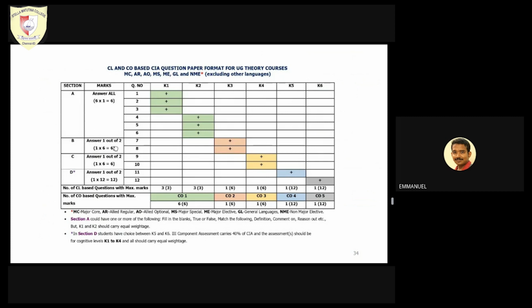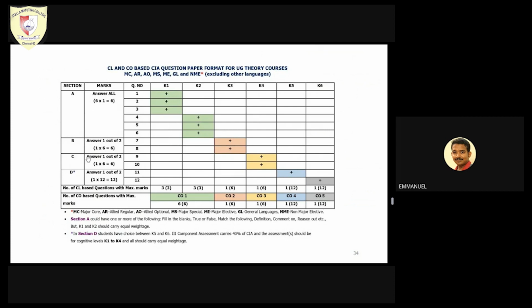Two questions are given and one has to be answered. These 7th and 8th questions come under K3 level. K3 comes under CO2 level, course outcome 2 level. And one question has to be answered, 6 marks. Similarly,